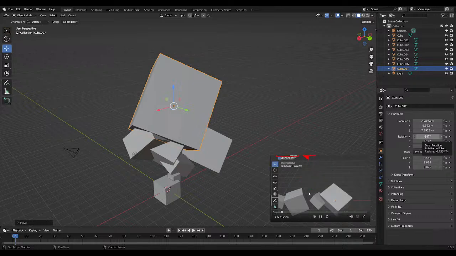Then first we need to define our selection. I'll select one of my cubes. Then I'm going to hit the tab hotkey on my keyboard, which